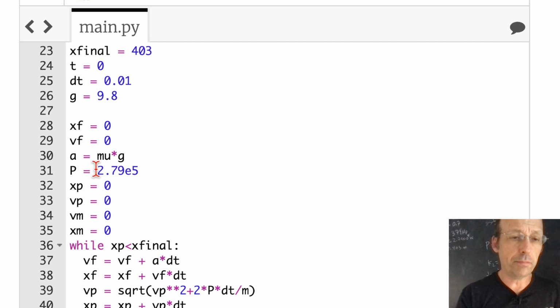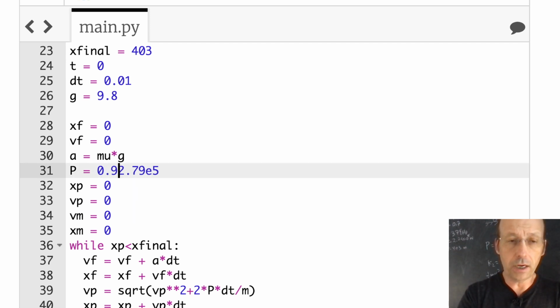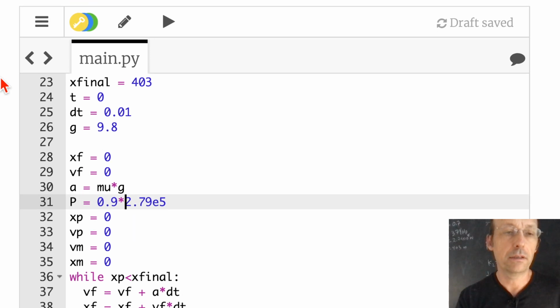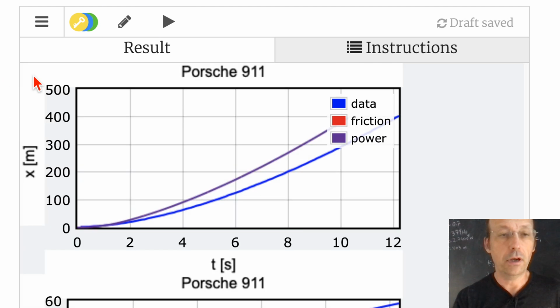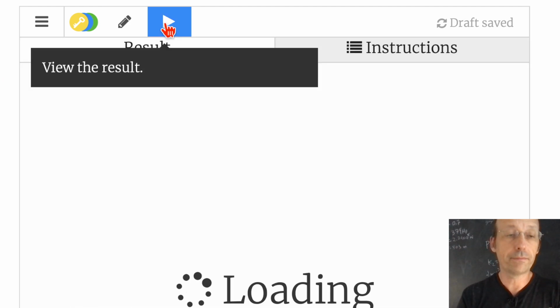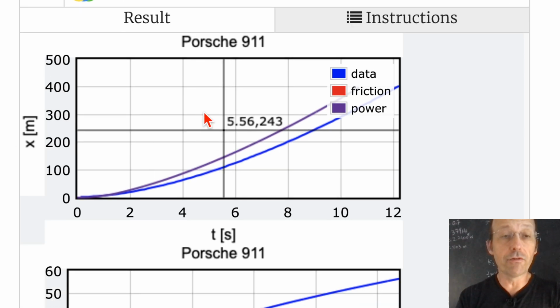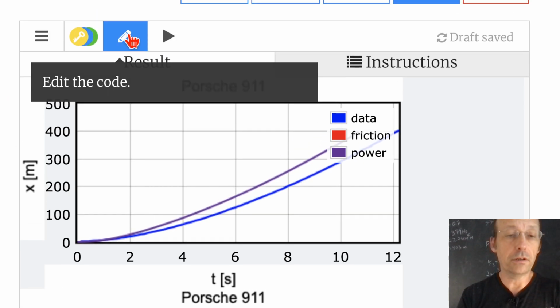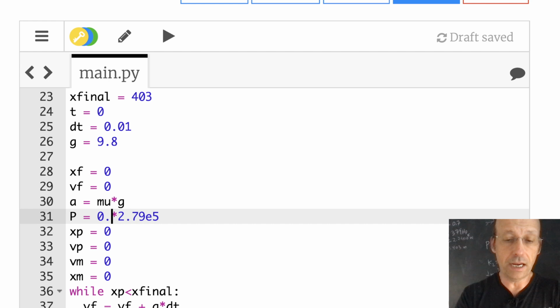So let's just change the power. Let's just say this power is 0.9 times, 90%. Decrease the power by 90%. Okay, let's decrease it to 80%. I'm just playing around with it, right? We can do that with a model. And you can see I'm getting really close, as long as I can get it to match the data,